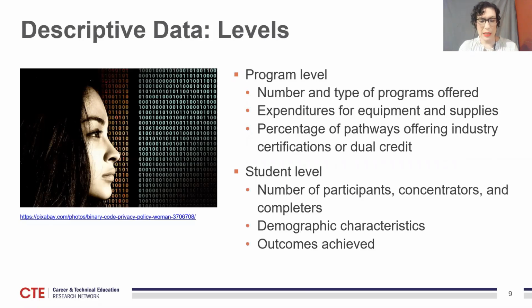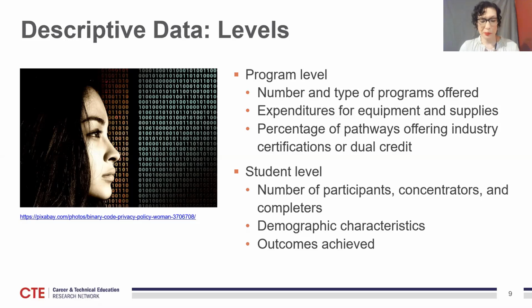Within CTE, descriptive data offer insight into how a program is operating. Descriptive data, often administrative in nature, typically falls into one of two categories. Program-level data are used to document systems-level information relating to how CTE is offered. For example, data might document the number and type of programs offered statewide or within a district or college, expenditures for CTE instructional equipment and supplies, or the percentage of pathways or courses offering industry certifications or dual credit or